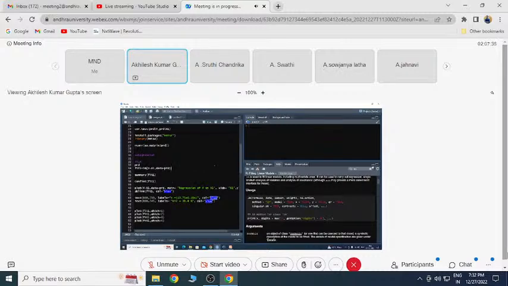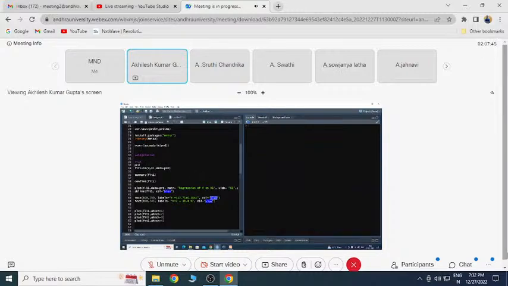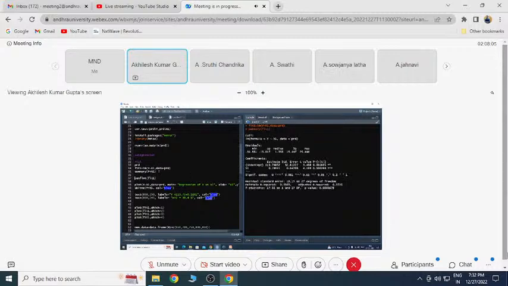Okay, so first we give the formula, then we give the data from where we will get the y and x1. So here we have given y followed by x1, and the data we are getting from the PRD. So I will fit the model, and to get the result of your linear regression, you will have to use the summary command. So I have given summary of fit1 and it will give you so much information.